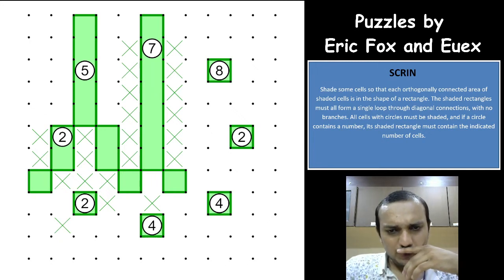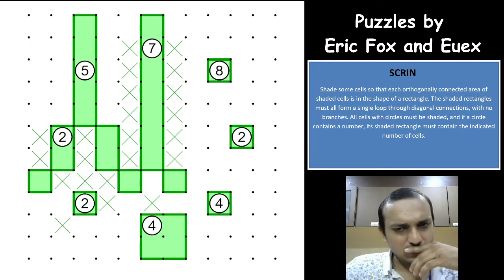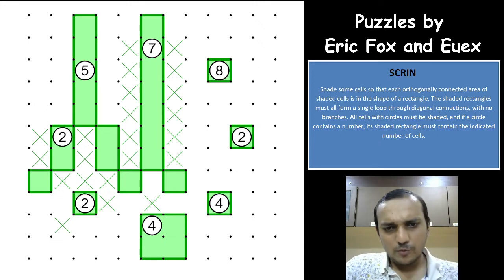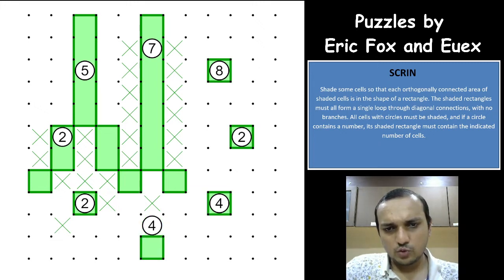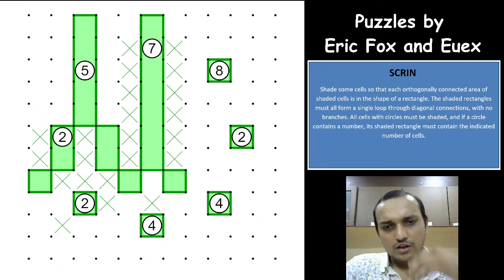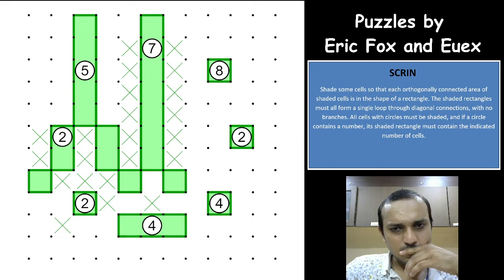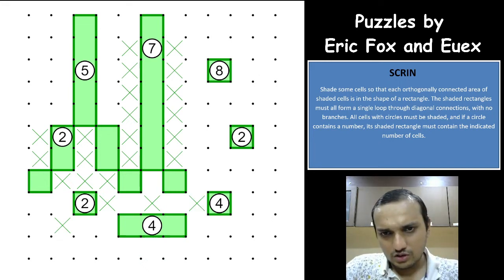okay, 4 cannot be a square, I feel so, because there is no way possible that you can have two diagonal connections with the 4. No way possible you can have two diagonal connections with a square. Either you'll have a diagonal connection here that closes the loop here, right? So 4 will be a horizontal connection, and you cannot close the loop now. So which means